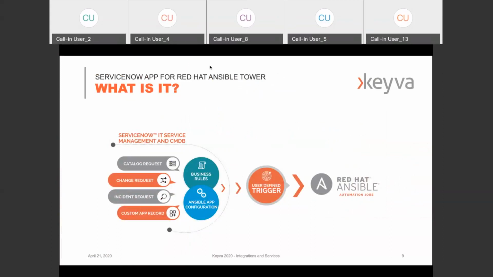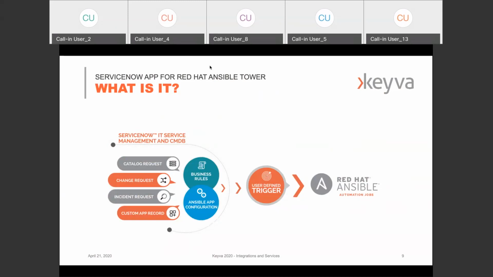Now, for those of you who already know what ServiceNow is, or maybe you don't, it's an IT service management product. It's a SaaS-based offering that has different components within it. These components are essentially pre-built processes where you can request certain types of records. So change request is a type of request, incident is a type of request, and there are ITIL-based standards that they follow where you can request any sort of service that can be fulfilled on the back end